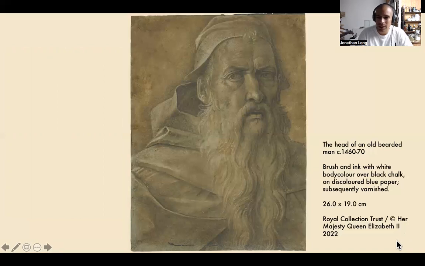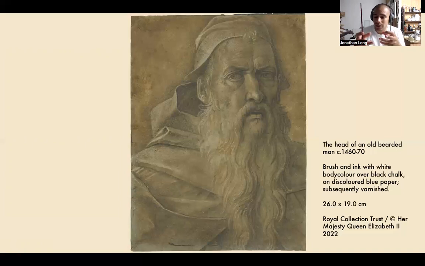Okay, what body color is basically pigment bound in gum arabic, and that sounds a lot like watercolor, doesn't it? Except body color is more highly pigmented than watercolor. It's a thick watercolor. That's what body color is. Sometimes you would add something to bulk it as well, like chalk or even bone ash to